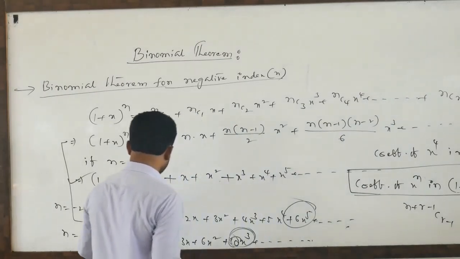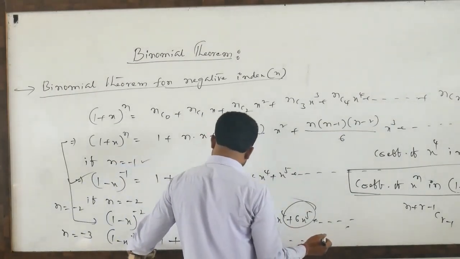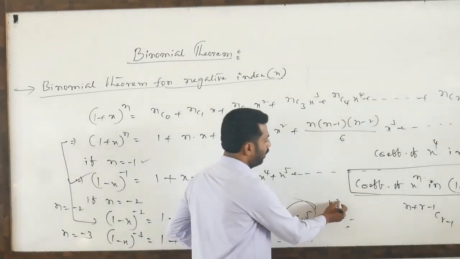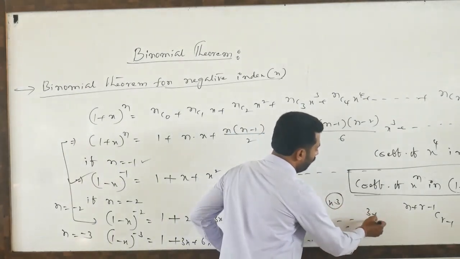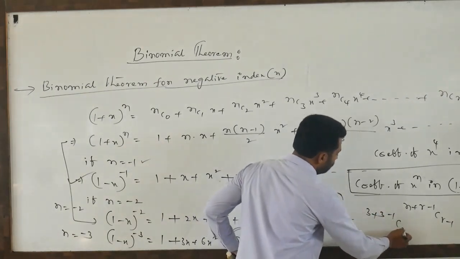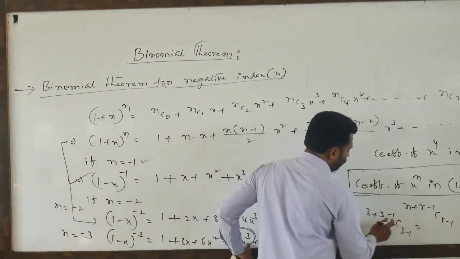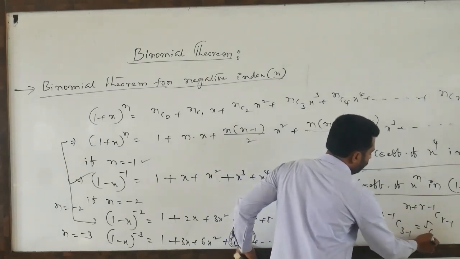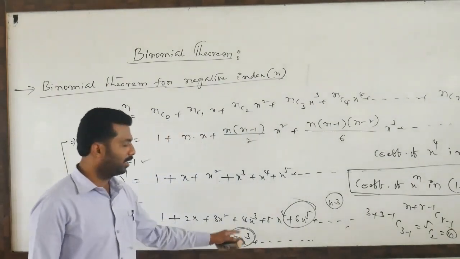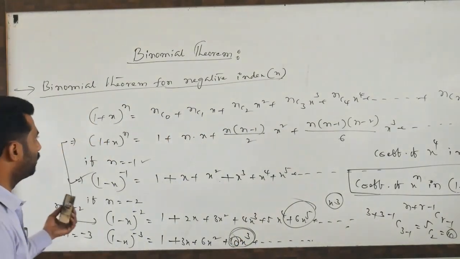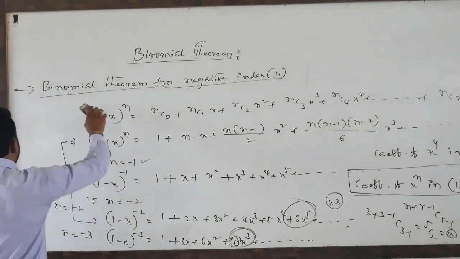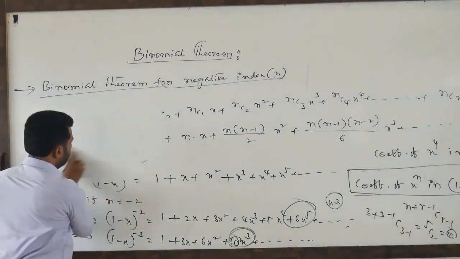So if you observe, here the n value is 3, since the coefficient of x cube means n is 3. The r value is 3, so it is (3 plus 3 minus 1)C(3 minus 1). So this is 6 minus 1, 5C2, 5C2 is nothing but 10. What is the coefficient of x cube? Nothing but 10. Like that we have to answer. Now, we'll see one problem based on this expansion.